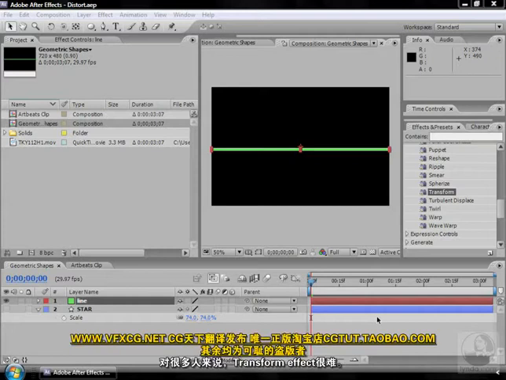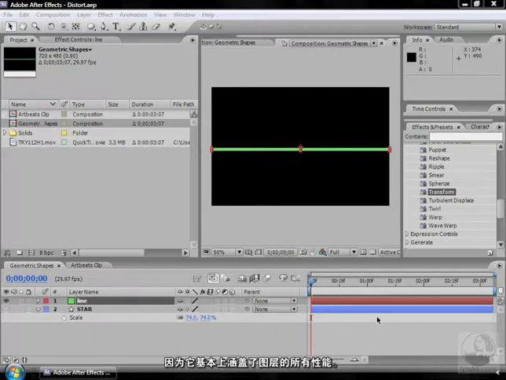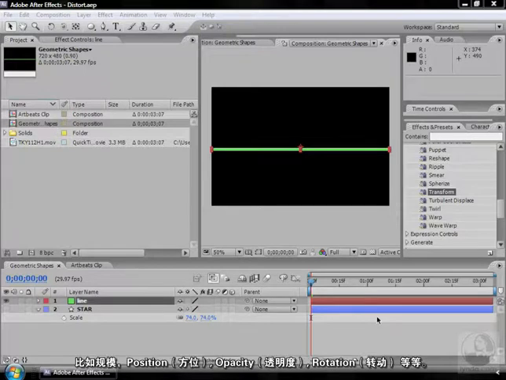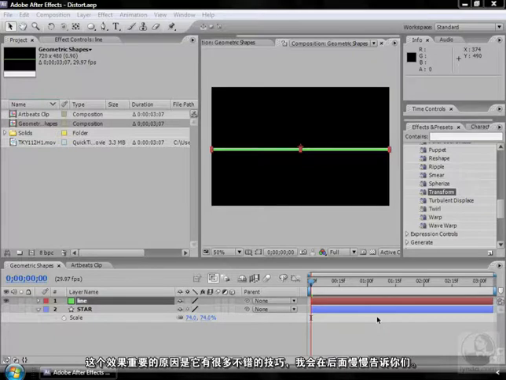For a lot of people, the transform effect is a real head scratcher because it has basically all the same properties that a layer has, like scale and position, opacity, rotation, all that kind of stuff. So it's like, why is that effect important? Well, there's actually a few cool tricks that I want to show you with this effect that make it so